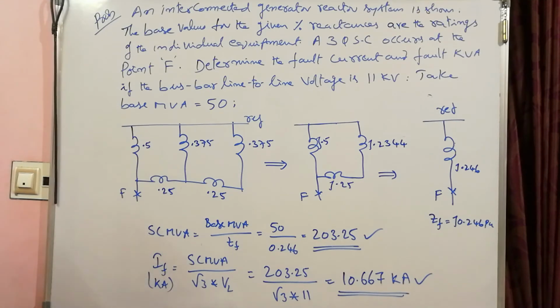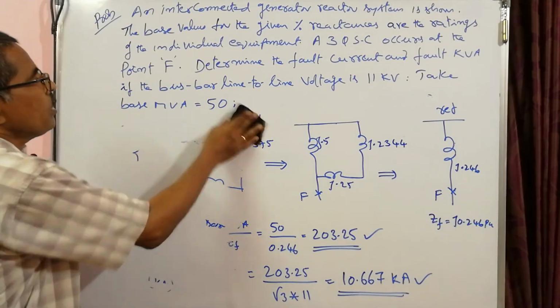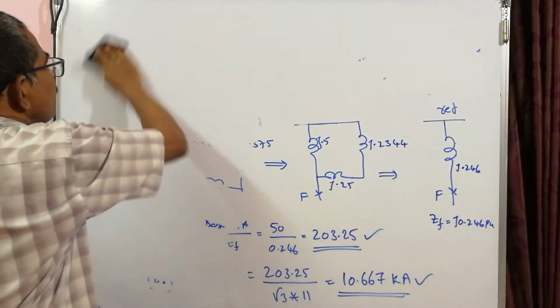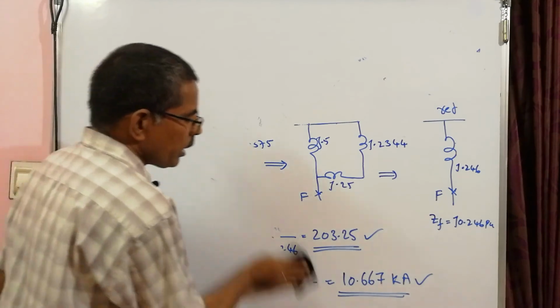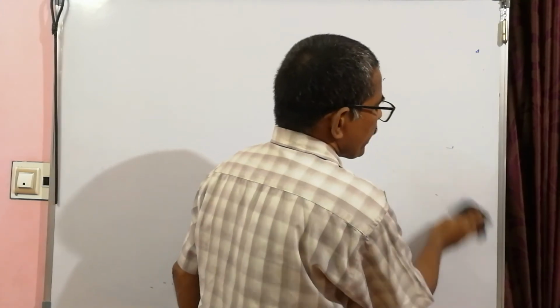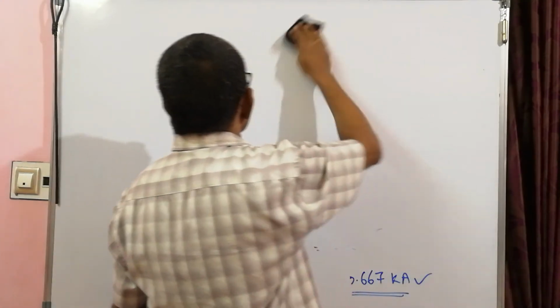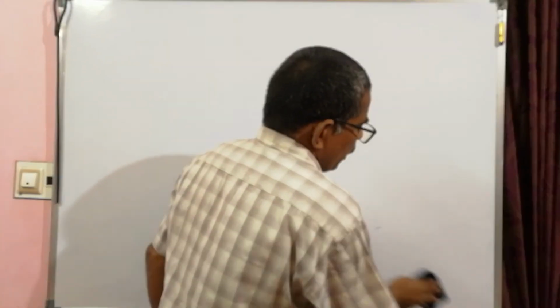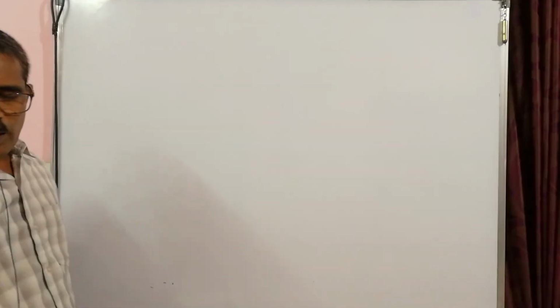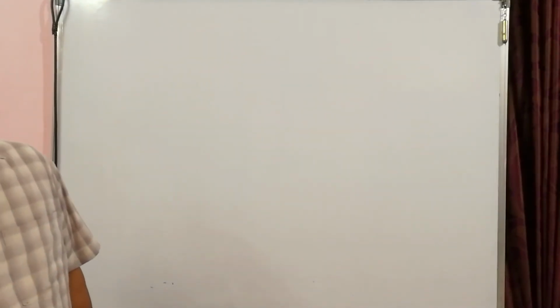Okay, so this is how you need to do the problems. I will give you one more problem quickly. But you should remember here, the fault is only a 3-phase fault, 3-phase symmetrical fault only on all 3 phases, even though we are representing on only one phase we are considering, and we are evaluating for one phase what is the fault current. So same thing you need to expect on other 2 phases also. Okay. So second problem, a three-phase short circuit fault occurs at point F.